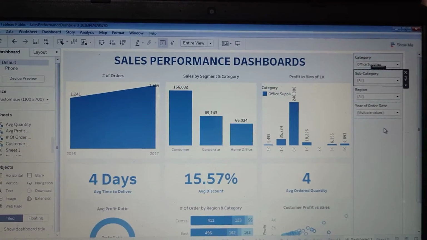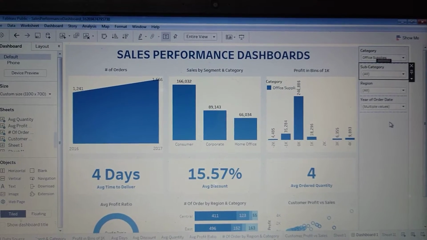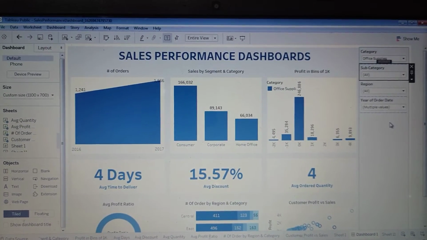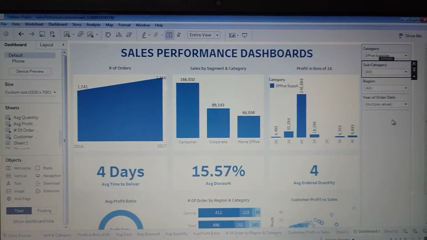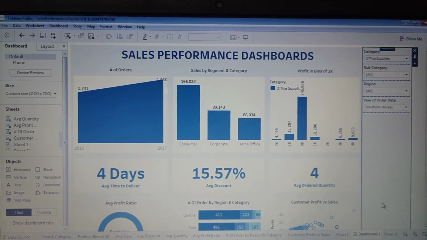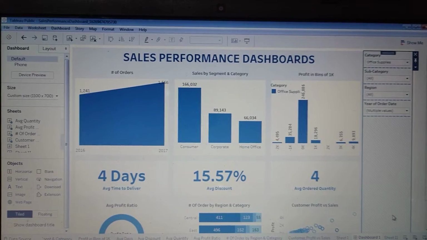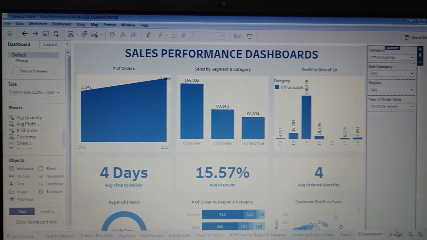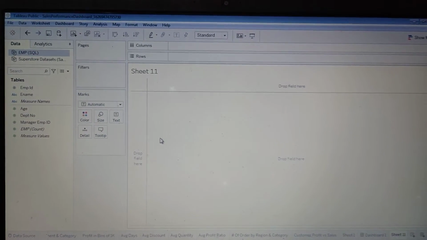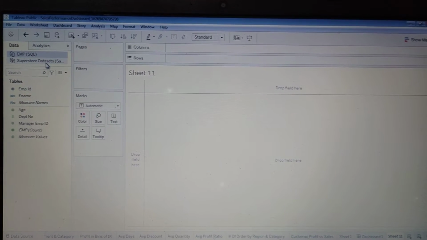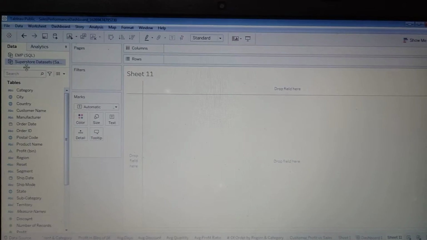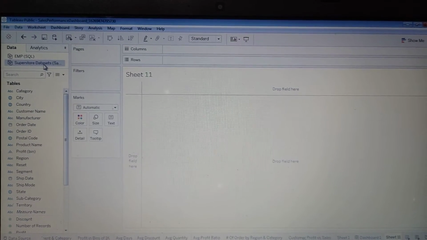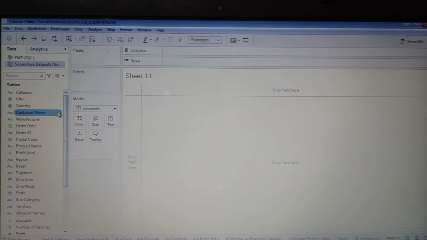So we want to set one button here, so that we can click on that button and all the filters will be reset in one click. All right, so for this we should first create a new sheet here. We can go to our data, because we have two data sources and we are working on the sample superstore data.